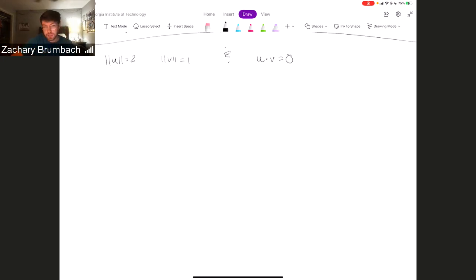How you can think about this is as distributing. It gives you 2u plus 3v dotted with 4u minus 5v. So, FOIL: first, outside, inside, last. What is 2u dotted with 4u